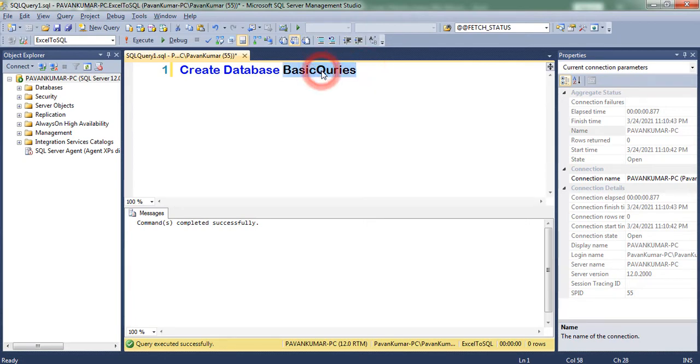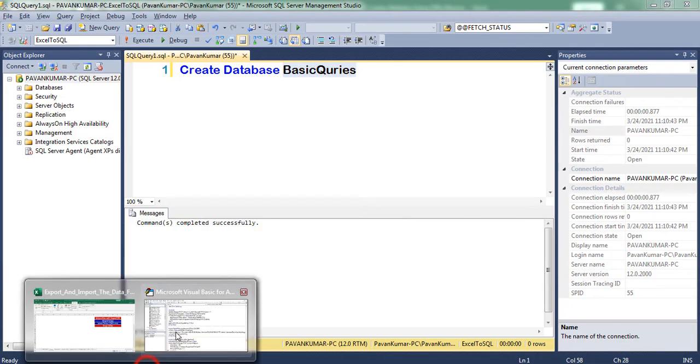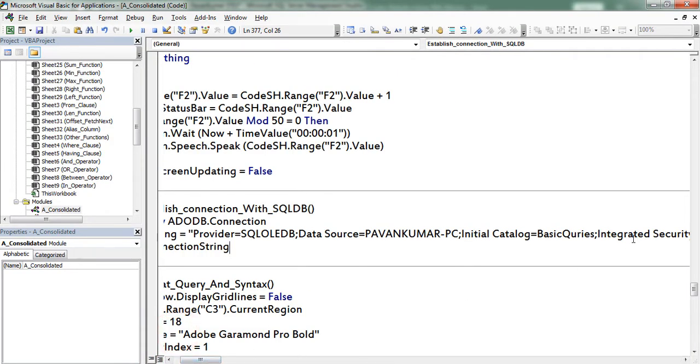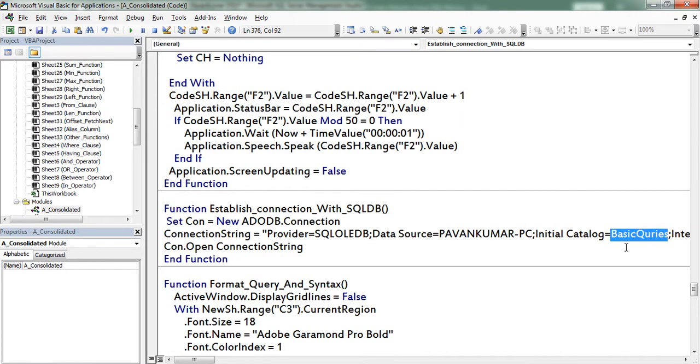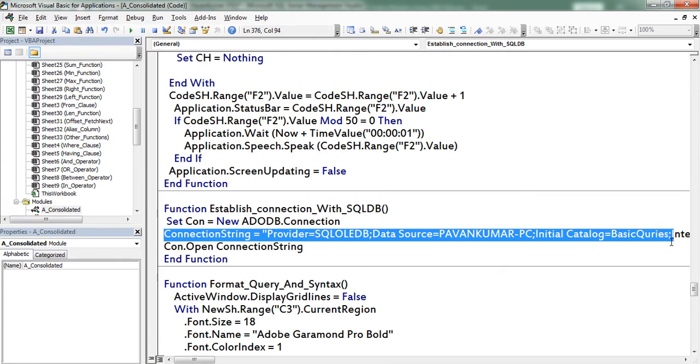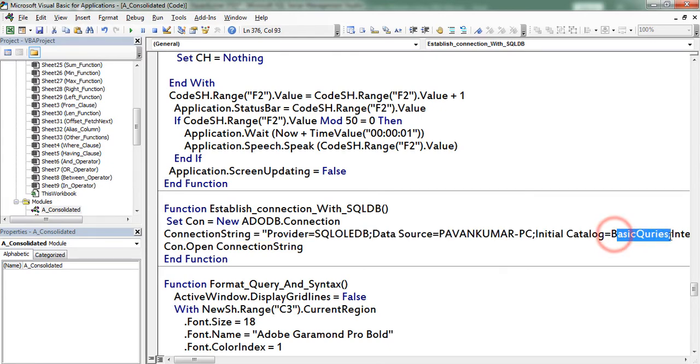Thereafter I am copying this database name and placing in connection string. Here I mentioned the database name. So this is the first step user has to follow before starting the automation.